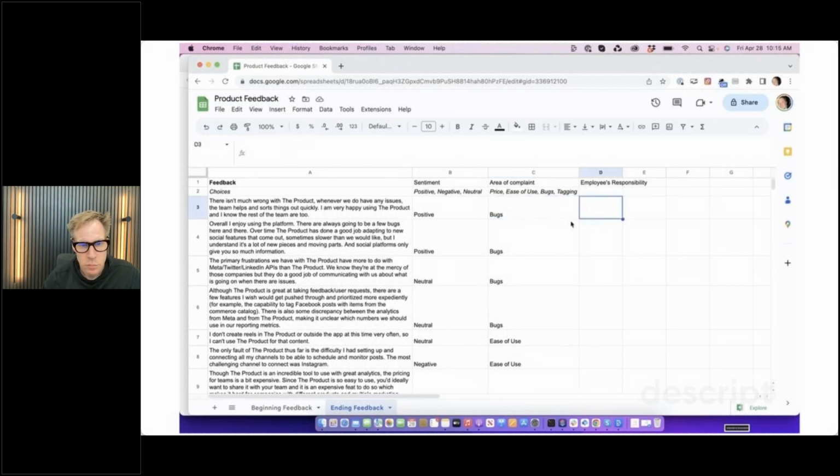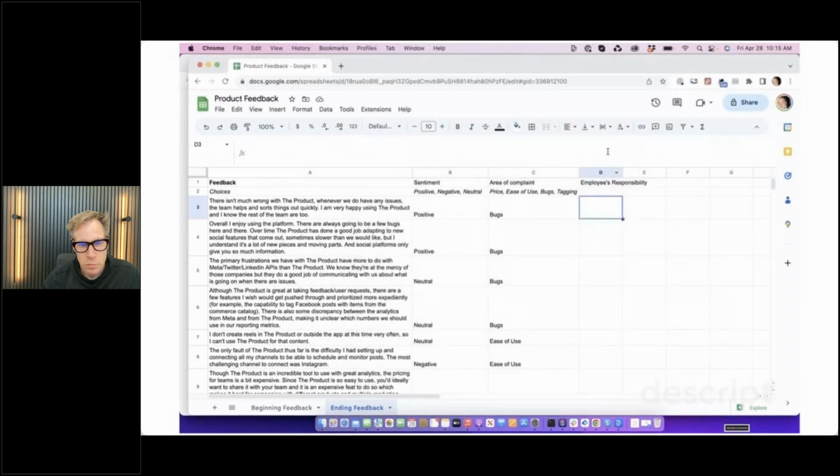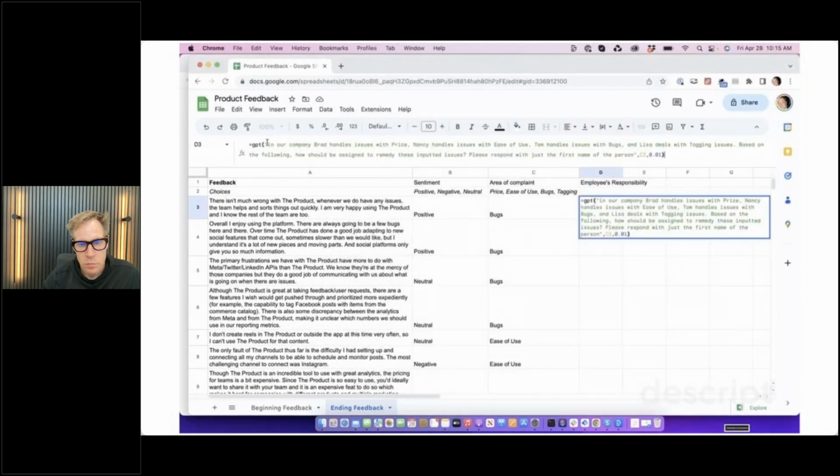With this, we're just going to use a prompt that I had put together earlier. Basically, it's kind of simple. I'm recreating a VLOOKUP. So here I'm saying that Brad handles pricing issues, Nancy handles ease of use issues, Tom handles issues with bugs, Lisa deals with tagging issues, and just respond with the name of the person that's responsible for fixing these.